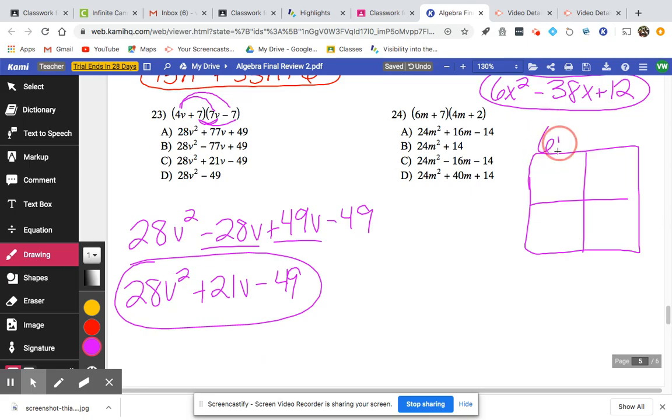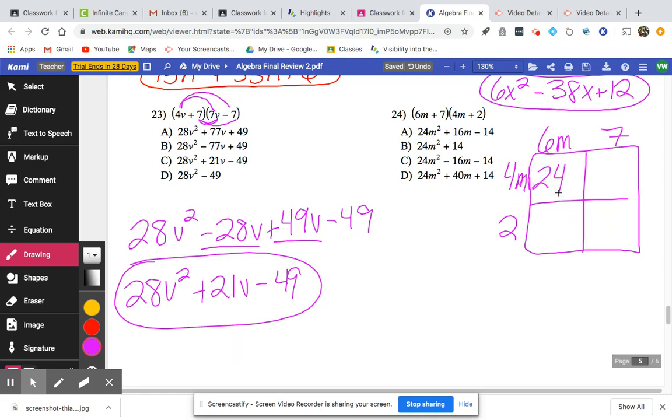Absolutely. So 6m goes up here. So does the positive 7. You can put that positive there if you want. I don't care. On the left, you got 4m right here, and we have a 2 on the bottom here. Now we just start multiplying. 6 times 4,